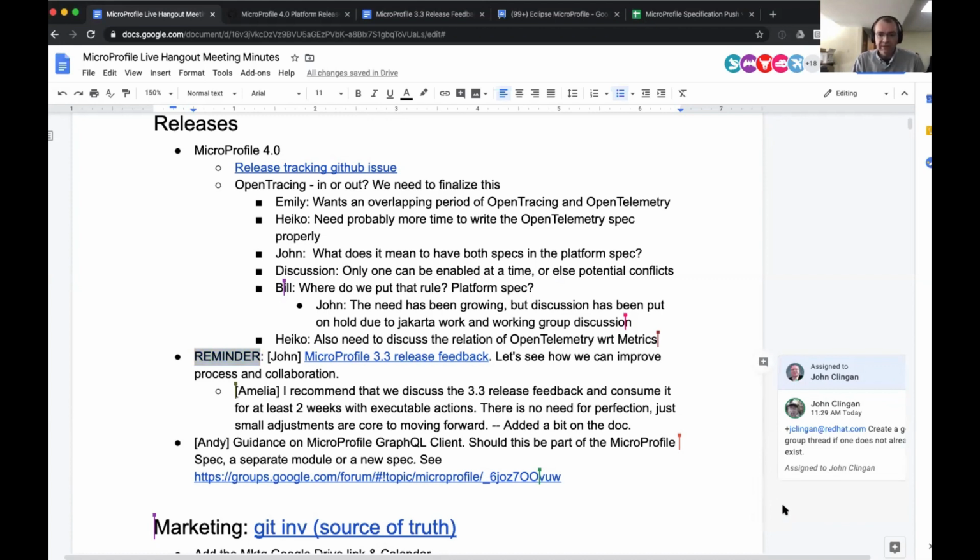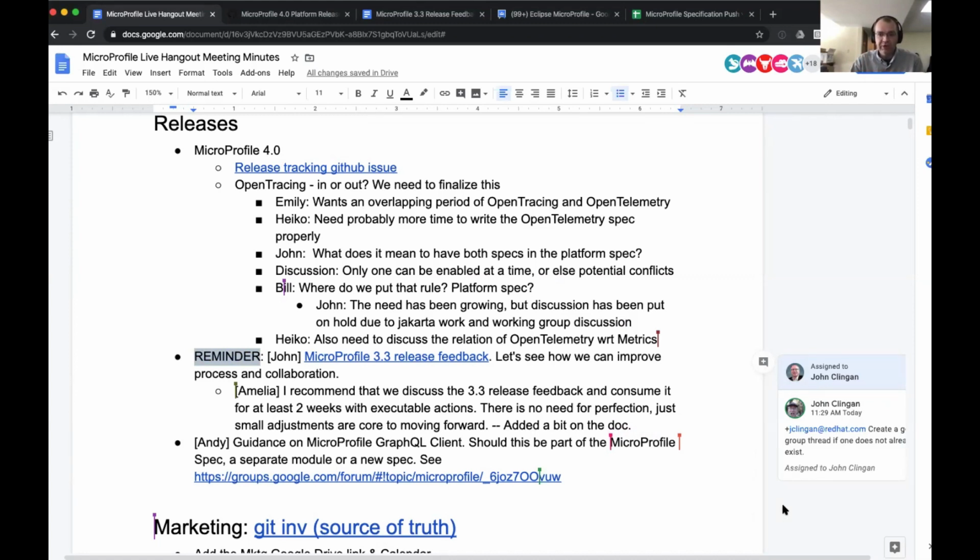One advantage of that is that then we have just a single spec for both the client and the server. So we have one document, but it allows implementers to just say, hey, we just want to implement the client or just the server, and then run that TCK. And then I guess the other option would be to just spin off a whole new GitHub repo and have a separate